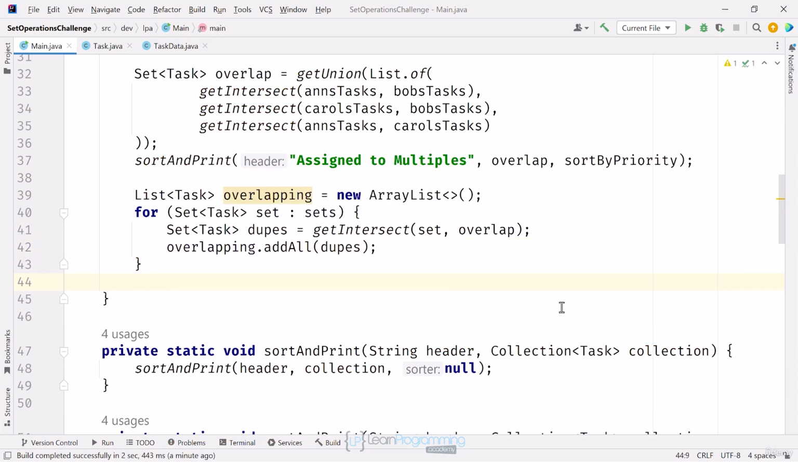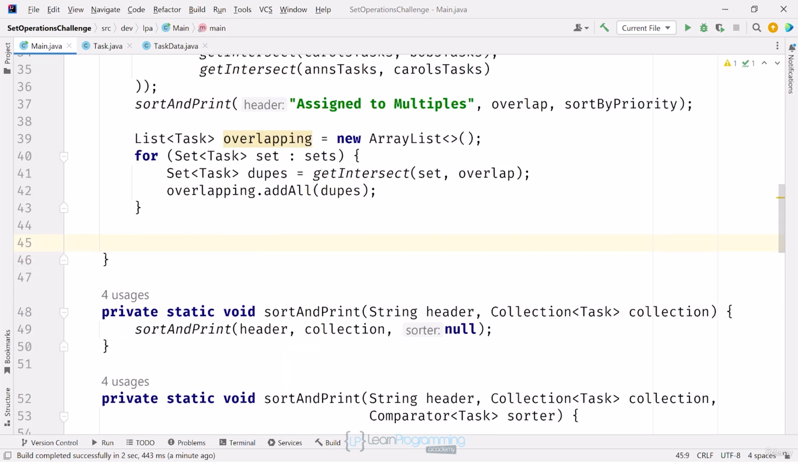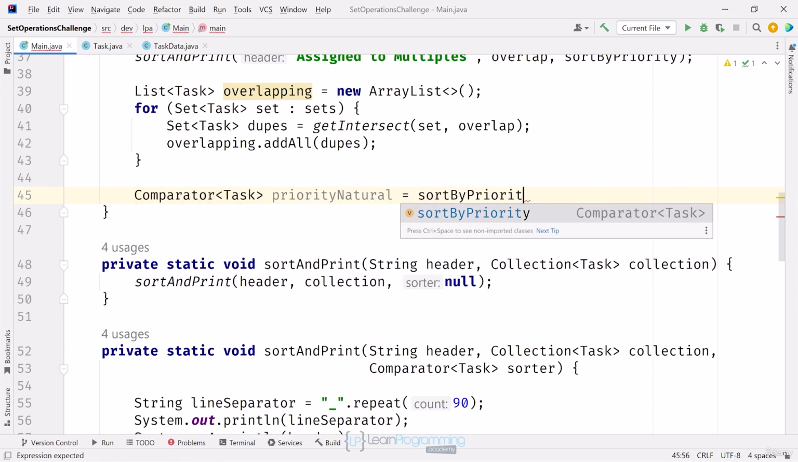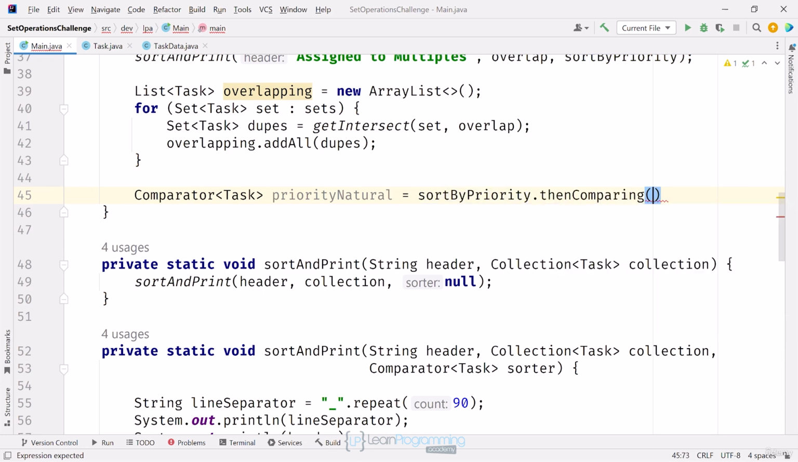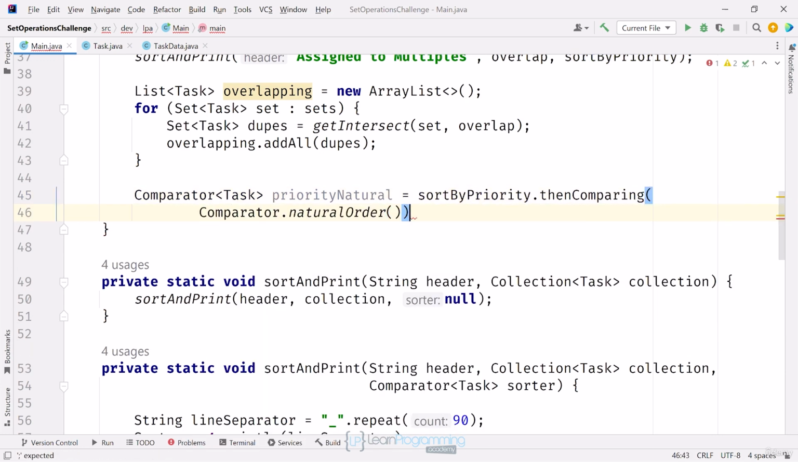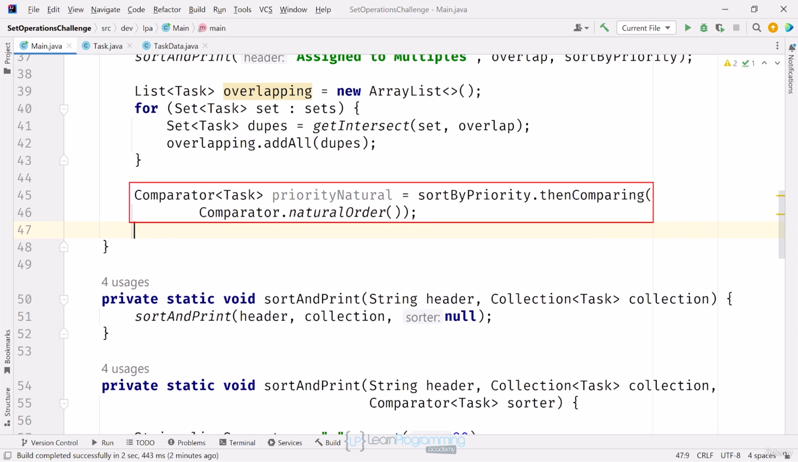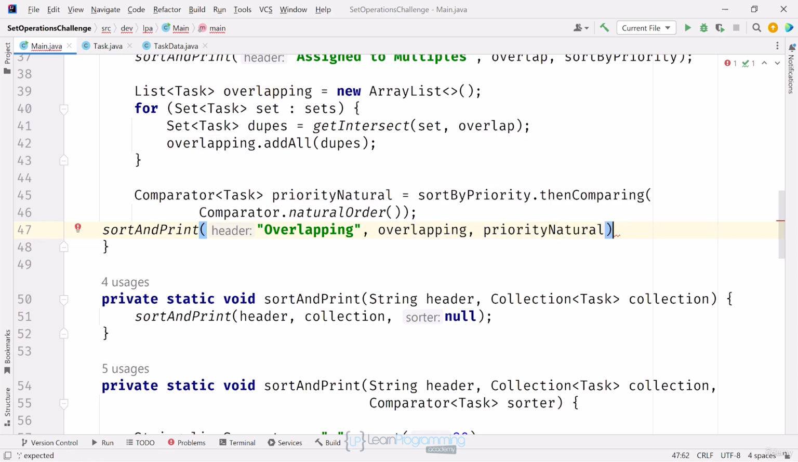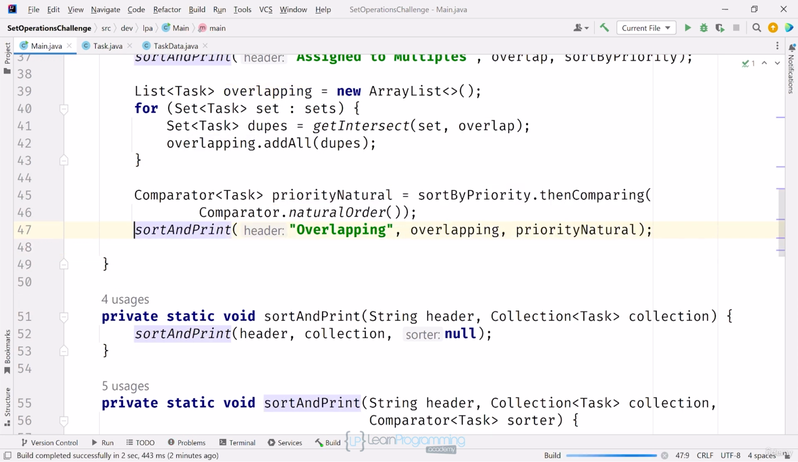Now I want to print this out, but I want another sort that's first by priority, but then sorted in the natural order within priority. I'll set up another comparator variable and call that priority natural and assign that the sort by priority comparator, but chain the thenComparing method, passing it comparator.naturalOrder. This will sort by priority, then project, then description. Since my sort and print method takes a collection, I can use it to print lists too, so I'll call it passing my overlapping list and my new priority natural comparator. Running this code,